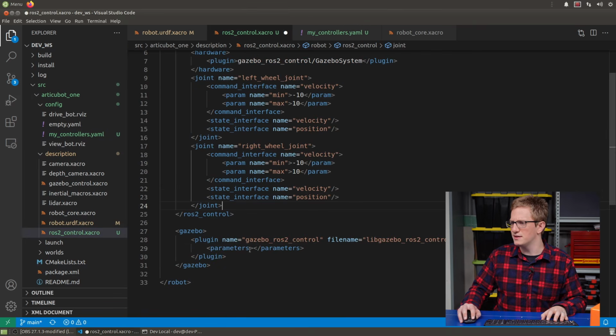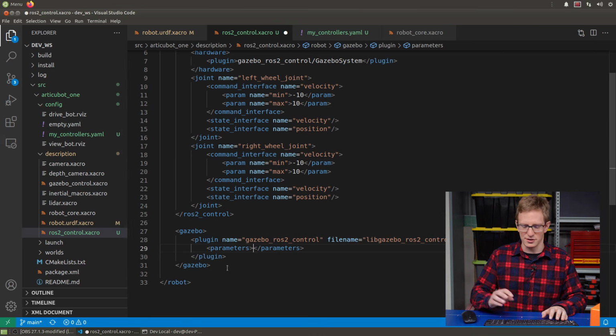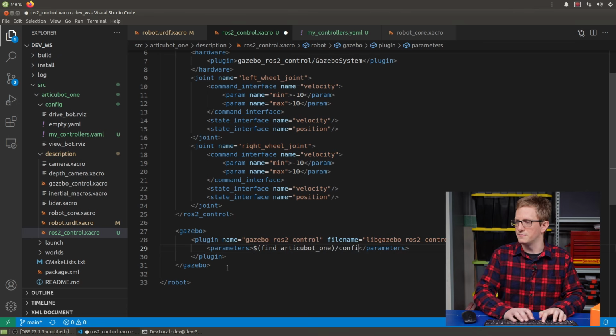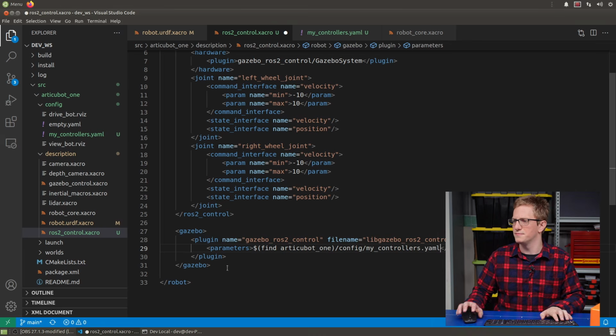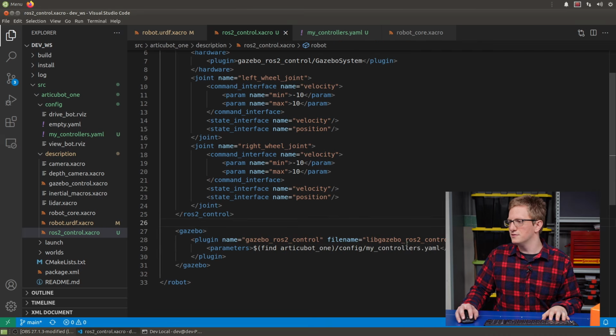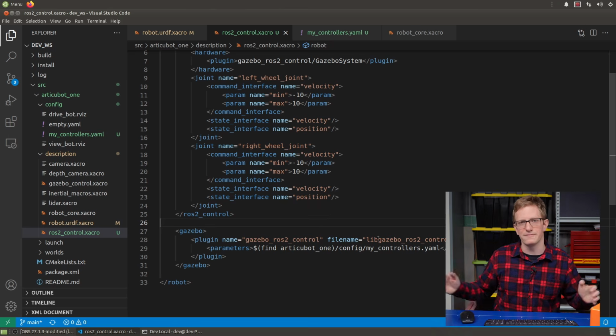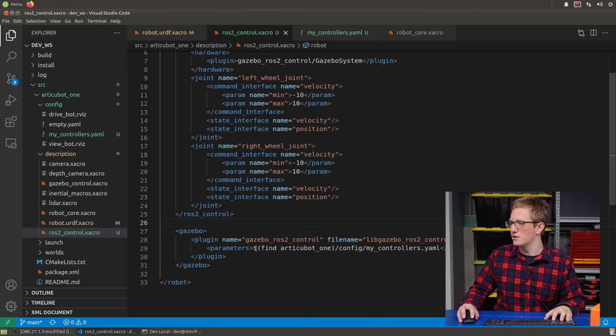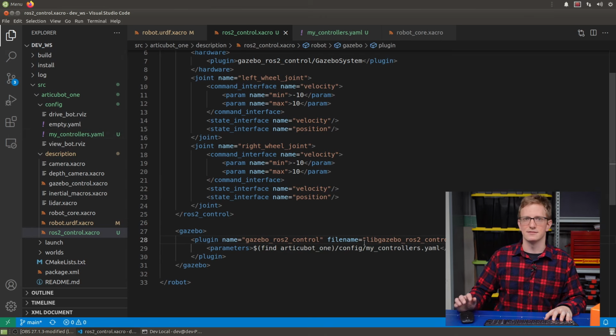Now, back in here in our ROS2 control, we want to tell it the path to this file, and we can actually use a little trick to tell it where the package is. So we find, and then my package is called articubot1, or whatever yours is going to be called, /config/my_controllers.yaml. So that's going to tell the Gazebo ROS2 control node that when it fires up its controller manager, to go and find that file in that package, which is going to be this one, and load that up